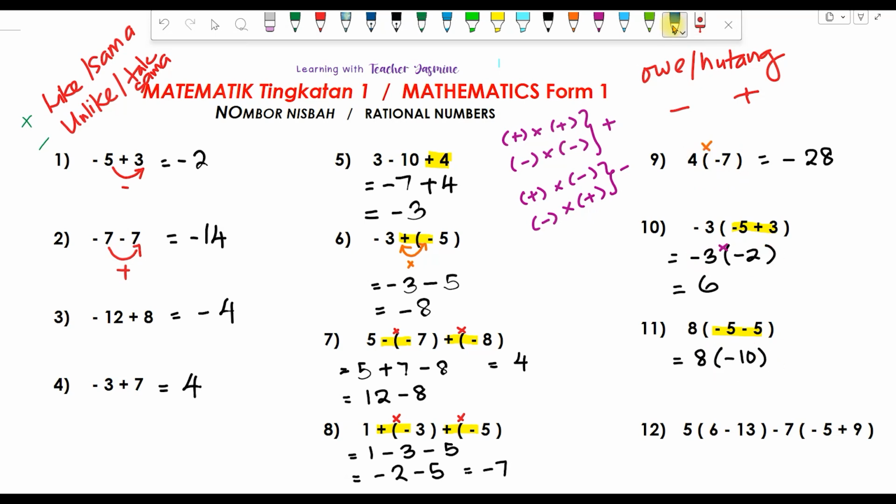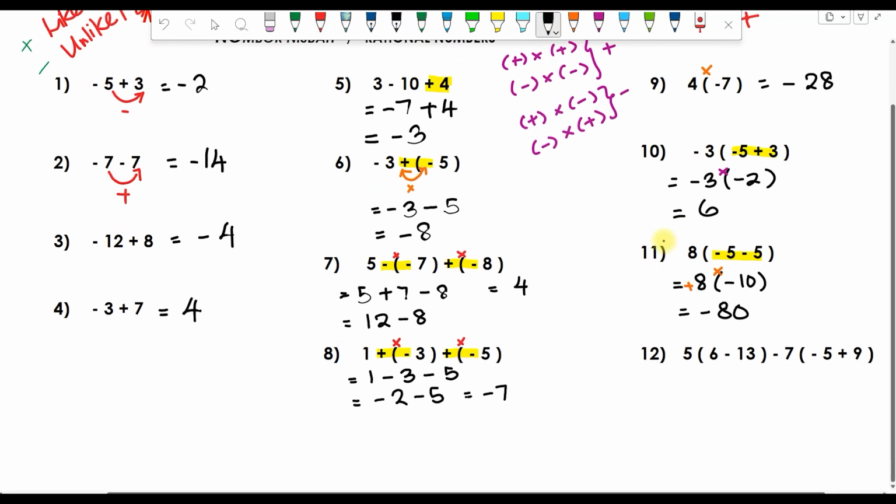So, when you see the bracket, what must you do with the bracket? You must multiply the number outside the bracket with the number inside the bracket. So, yang ini positif 8. Positif darab negatif dapat apa? Negatif. 8 darab 10, 80. Okay? So, this is number 11. Now, number 12. Okay. So, now number 12. Sama je. Right? It's the same as this, but I have a